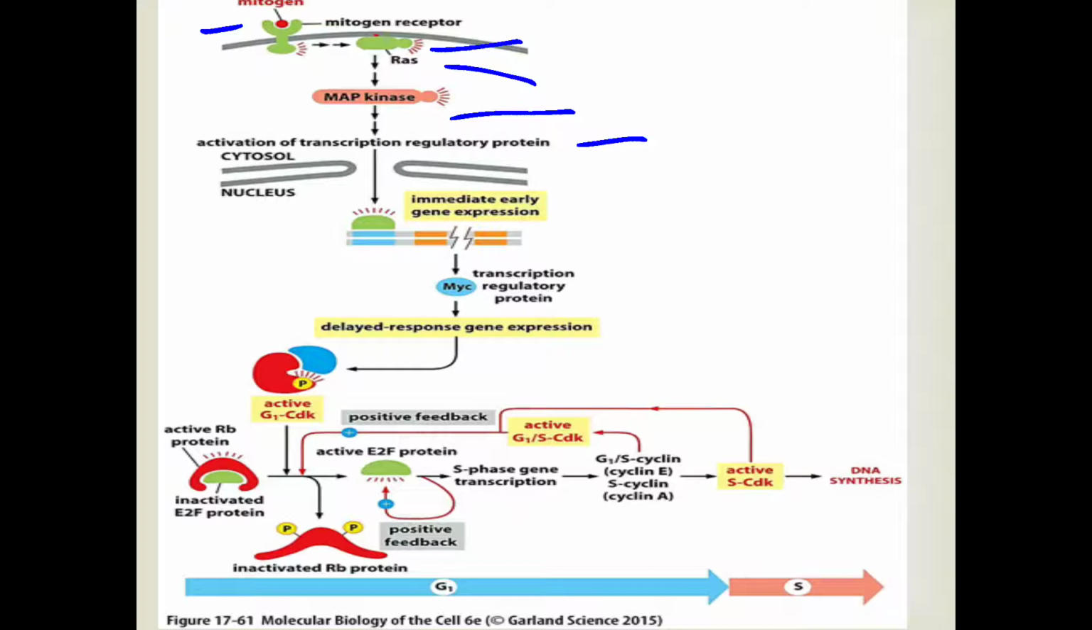further initiation of other genes which will lead to the regulation of the G1 CDK as well as the G1/S CDKs in the nucleus, where this MAP kinase cascade system helps in regulating the transcription of the regulatory protein that will lead to the immediate early gene expression by binding of this RAS